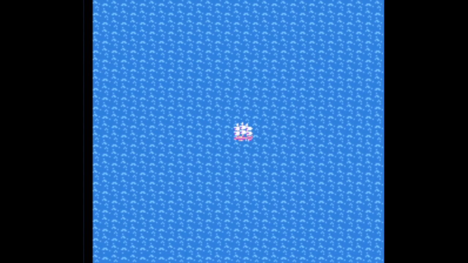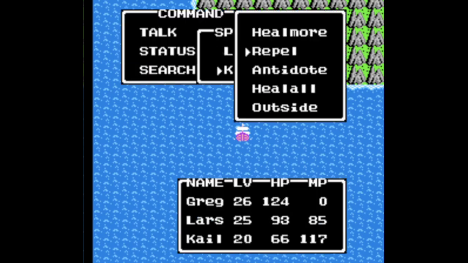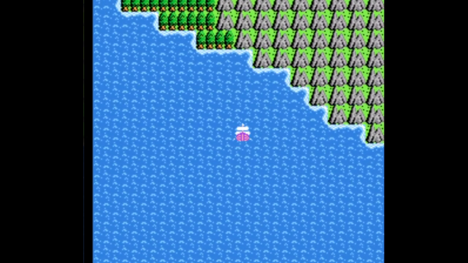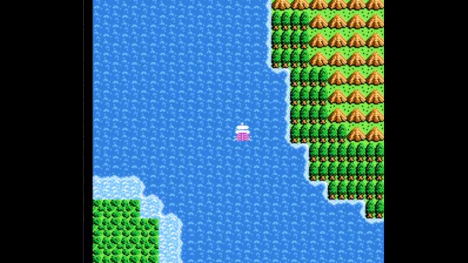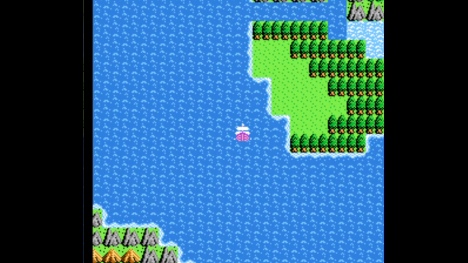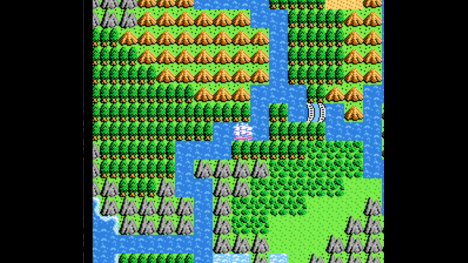Should come up to it soon. Okay, there's the landmass. Okay, I went too far east and not far enough north. Ignore that river. That one results in a dead end. Head this way. Follow this river upstream as far as your ship will take you. Then from there you'll have to walk, but